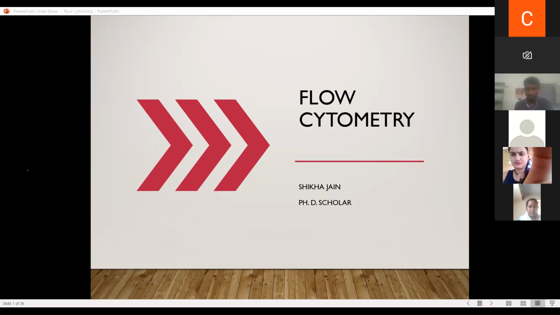As we know, different blood cells have different granularities. Likewise, red blood cells and monocytes also have different sizes. Some are small in size, some are bigger in size. So we can differentiate a heterogeneous cell population according to their size, volume, and their intracellular properties. It also allows simultaneous multi-parameter analysis of a single cell. So we can analyze a single cell in this flow cytometry instrument.